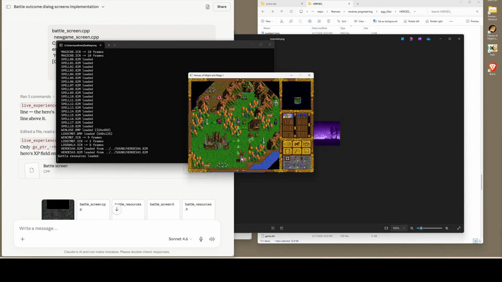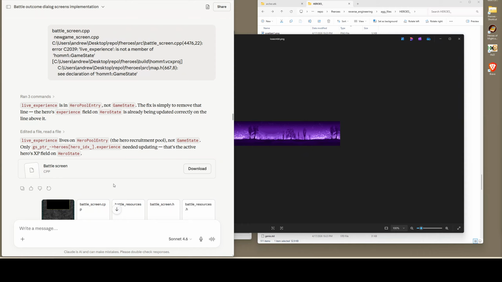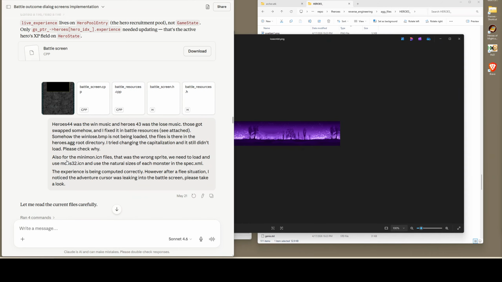When we try and click OK, it sort of works, but you also notice that the cursor had switched to the adventure cursor. And it also had swapped the Heroes 44 and Heroes 43 music. I gave it the correct instructions. I double checked, but the